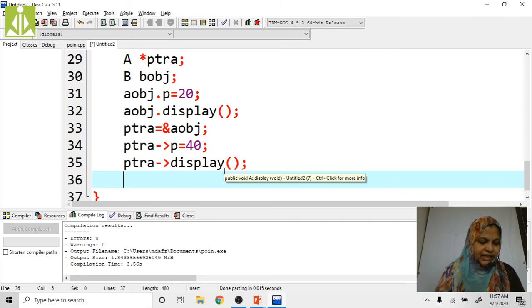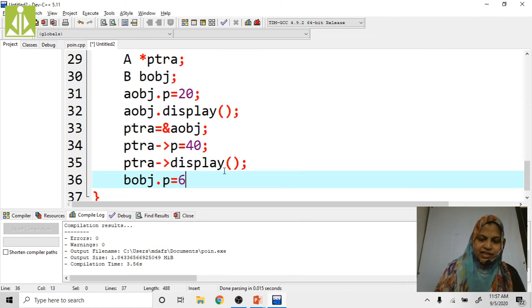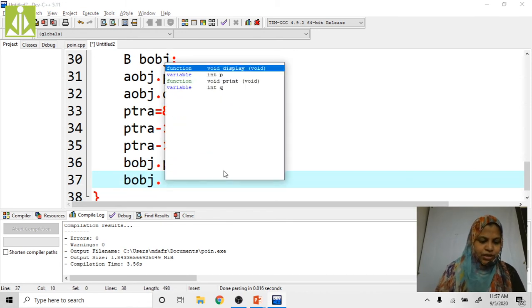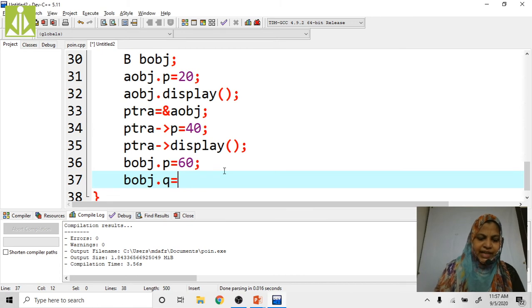Now here I am going to try to add, by using the object of class b, obj dot p equals to 60, right? obj dot q equals to 80, right?